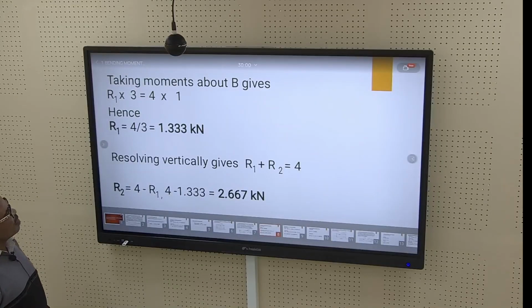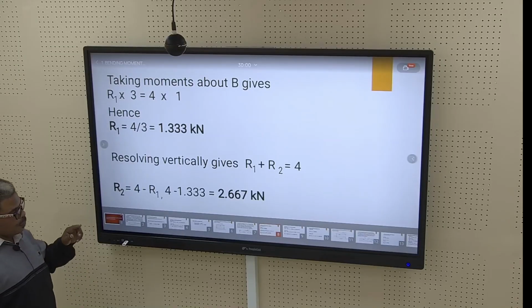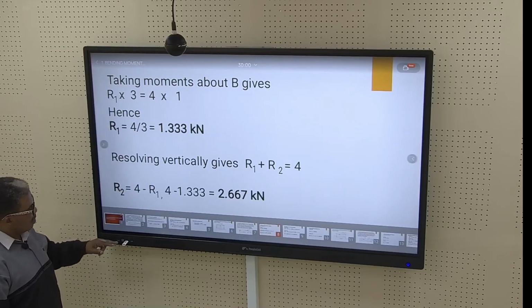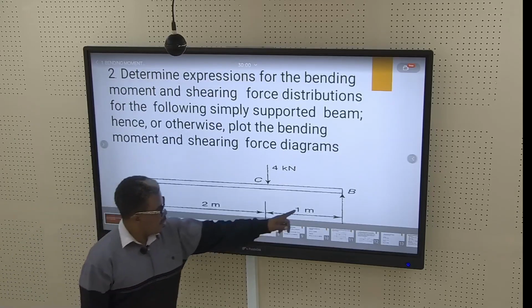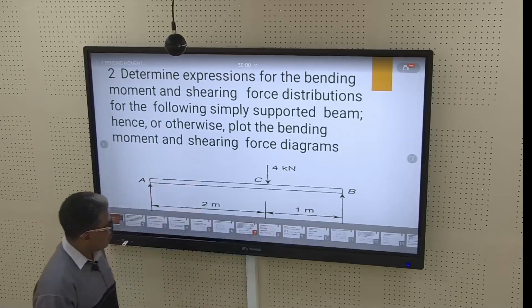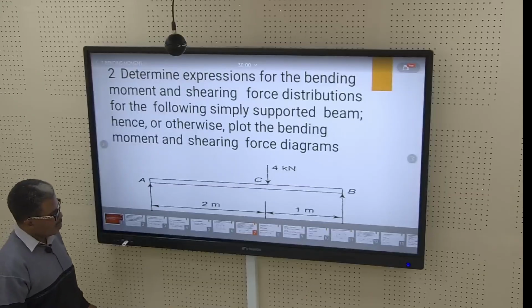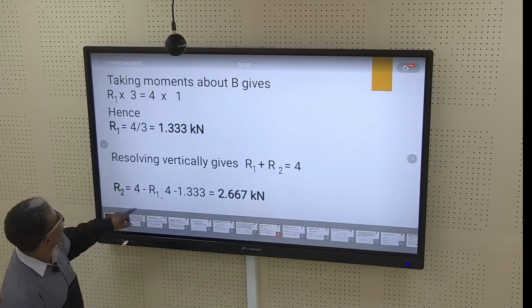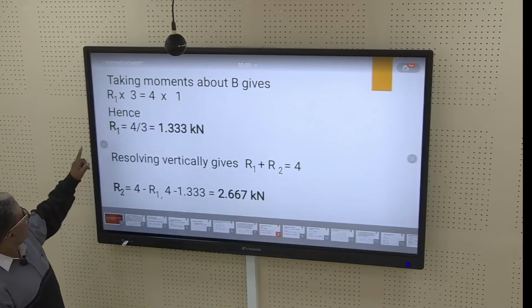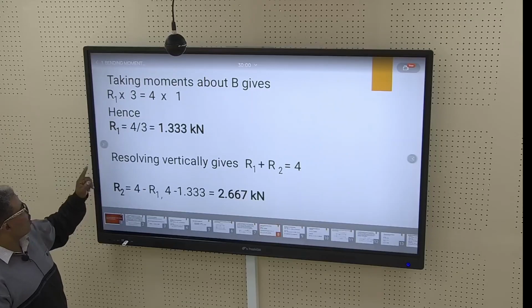Taking moments about B, if we take moment from B, our B is somewhere there, reaction at B. So if we take moment there, it is R1 times 3, the total length,